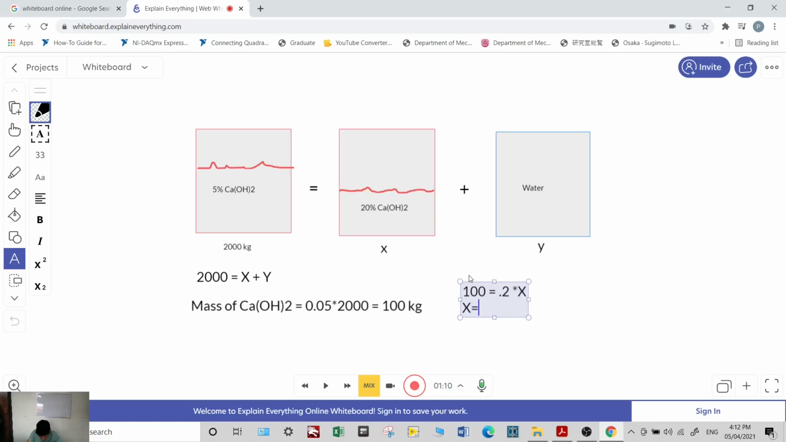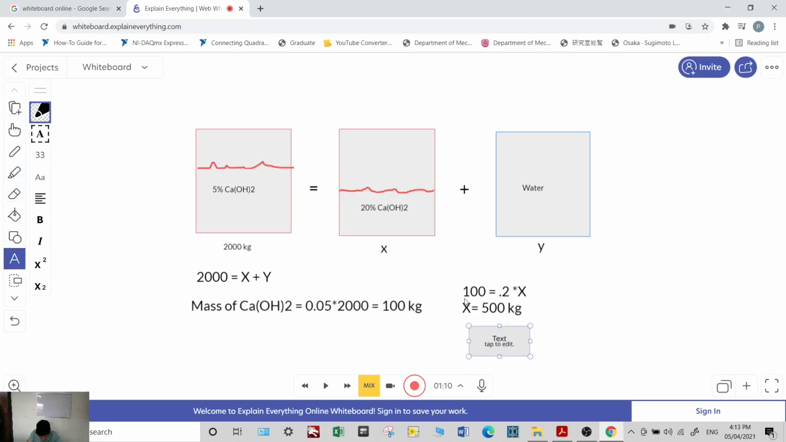Therefore, based on this one, x is just 500 kilograms. So the implication of the earlier 20% composition of calcium hydroxide is that its mass is 500 kg. Based on this, you can now get y, which is